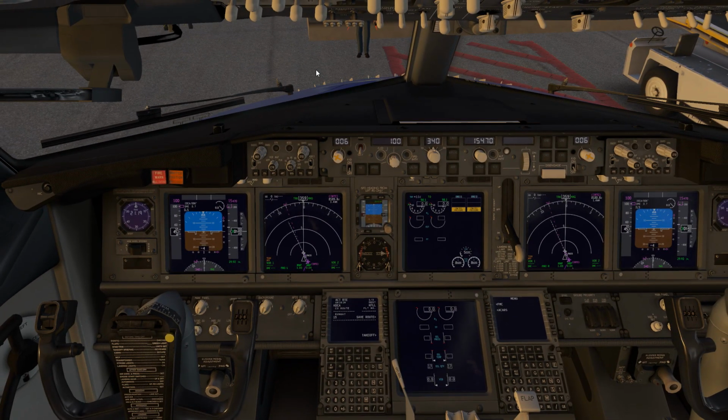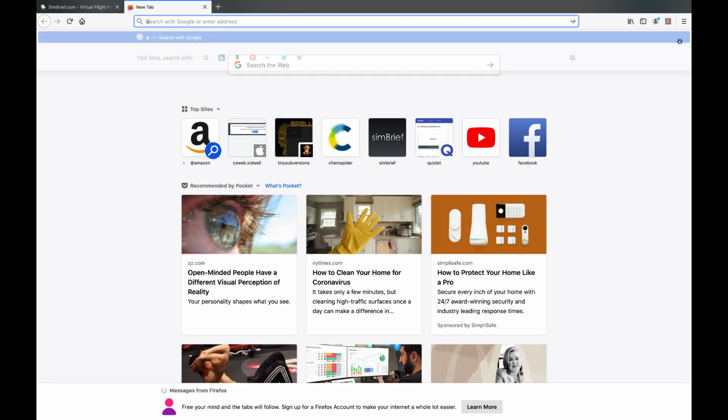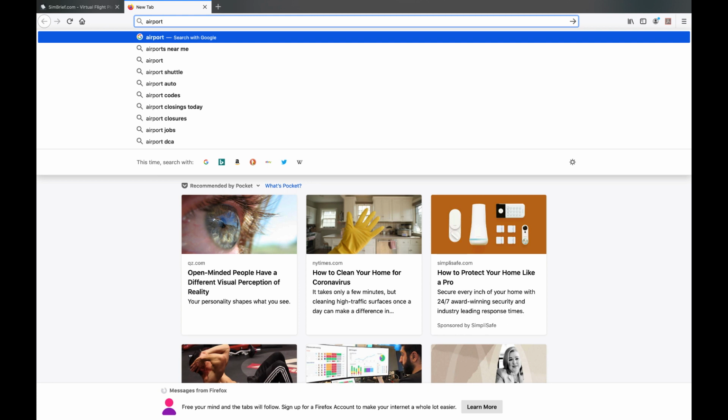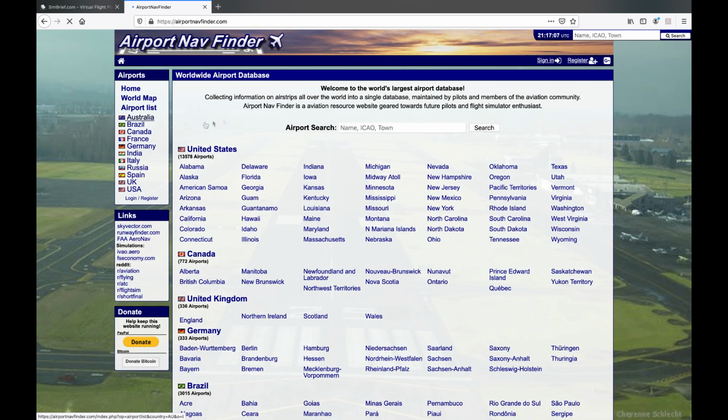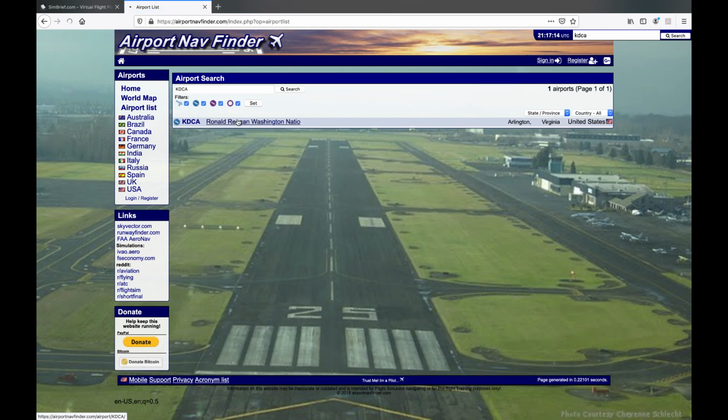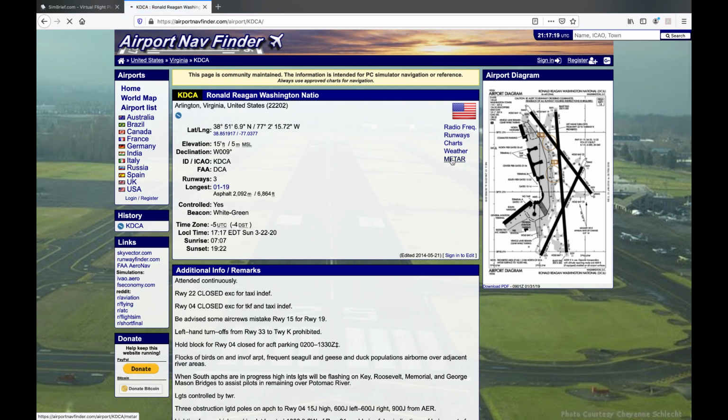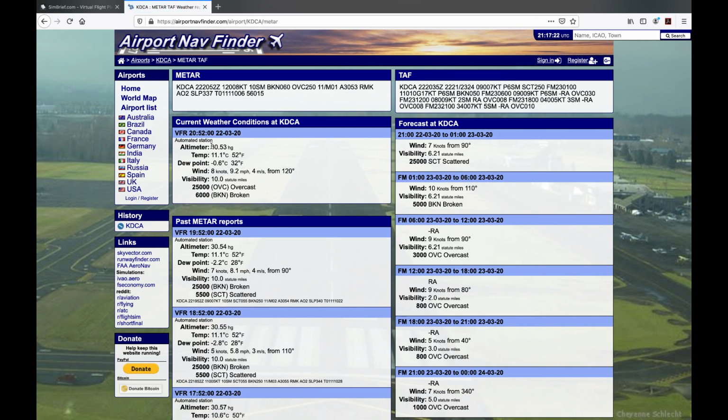A good website for altimeter is Airport Nav Finder. You type it in, just click on the first one if you don't have any ads. You'll type in the airport you want, just type in the ICAO. KDCA for us, obviously. You click on it, and then you should see something on the right that says METAR, so that's like weather, and here we can see 30.53. So we would just go here,